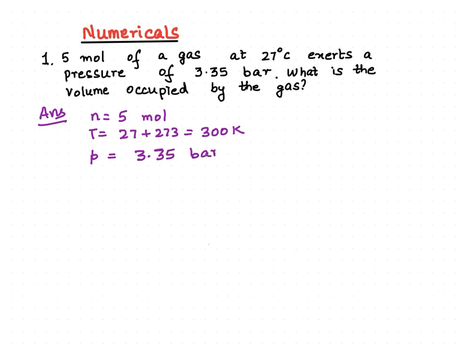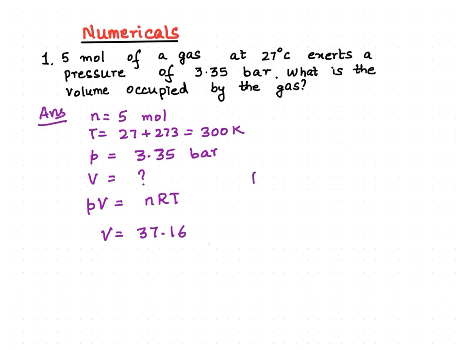What is the volume occupied by the gas? So what do you have to find over here? V, as simple as that. So what are you going to apply over here? Yes, absolutely, the ideal gas equation. We are going to assume that the gas is ideal and substitute the values, as simple, alright? Applying the formula, what do you get the answer as? The answer comes out as 37.16. But tell me, what unit are you going to apply?